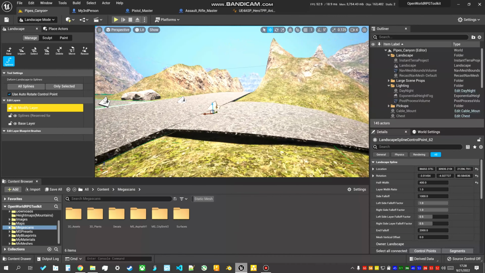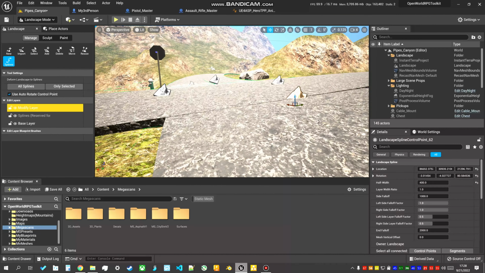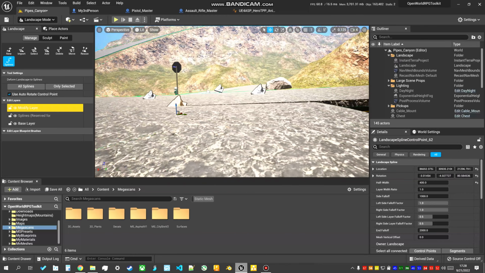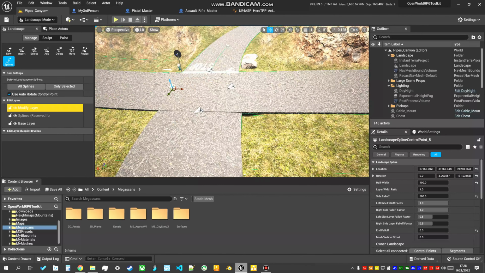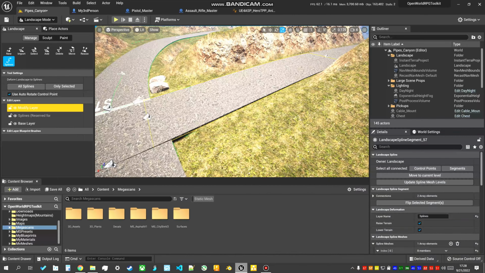It's pretty hard to get it perfect. When you're trying to do this, you want to make sure you have your snapping settings disabled. It just makes it a little easier to move things around. An easy way to add new control points to a long section like this